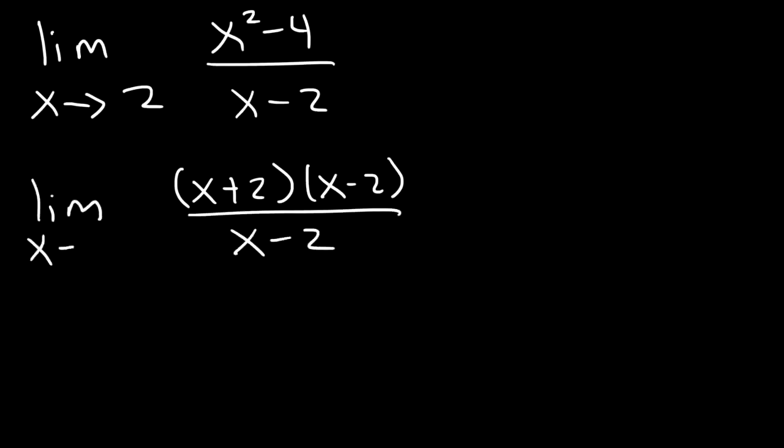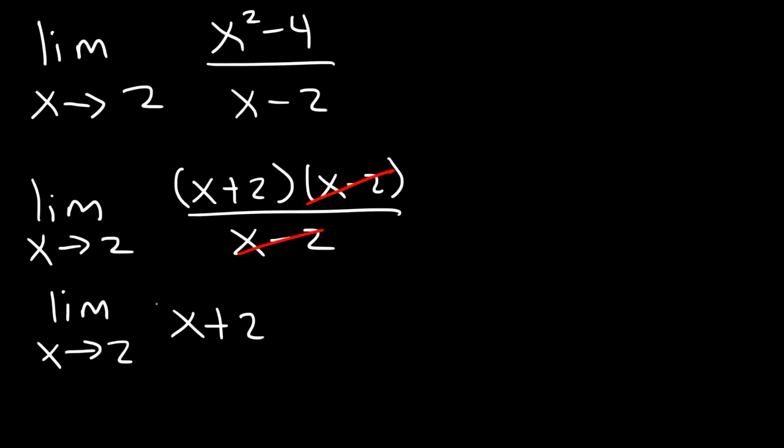Notice that we can cancel a factor. We could cancel x minus 2. And so what we have now is the limit as x approaches 2 of x plus 2. At this point, we can use direct substitution. We're no longer going to have an undefined value. So if we replace x with 2, it's going to be 2 plus 2, which is equal to 4,